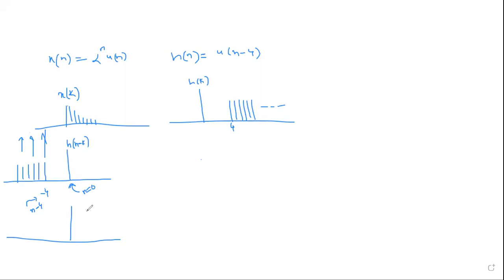Suppose I take n is equal to 1, what's going to happen? Say I move it, n is equal to 1, then where is this minus 4 going to go? When I move this point to the right side by one location, what did I tell you? Tie a string and pull this thing to the right side. When n is equal to 1, what's going to happen? Will there be any overlap?